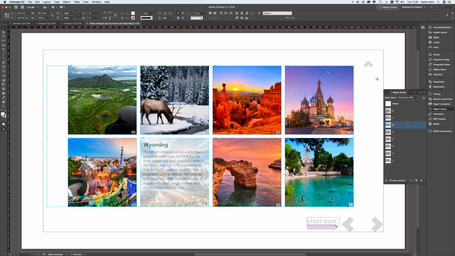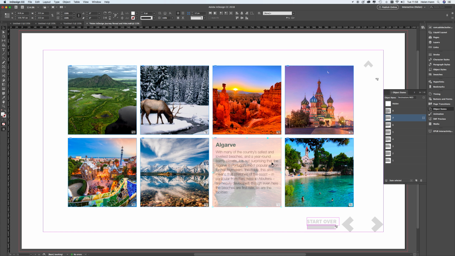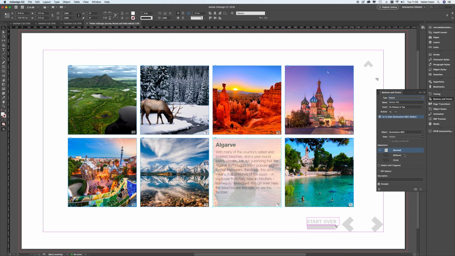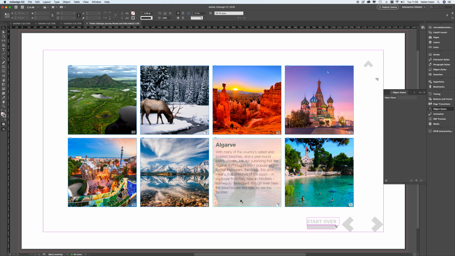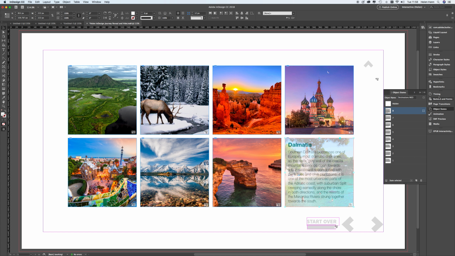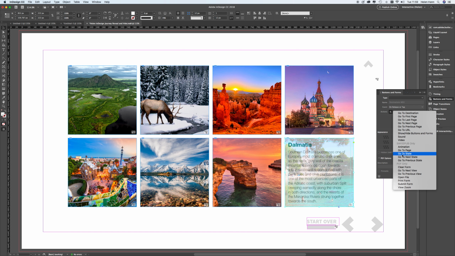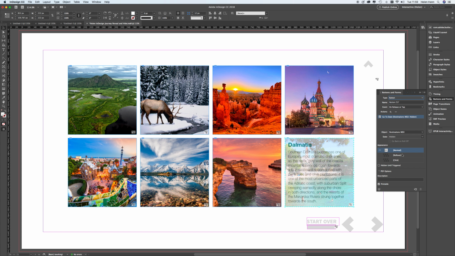and then, oops, there we are. So number 7 this time, double click to get to the text box, buttons and forms, actions, go to state, hidden. Back to the object states panel, deselect. Number 8 this time. Go to actions. Oops, didn't drill down. Go to state and hidden. So now when we preview this,